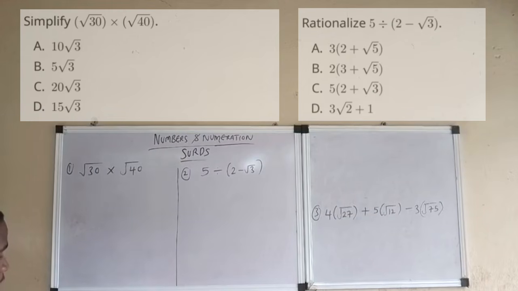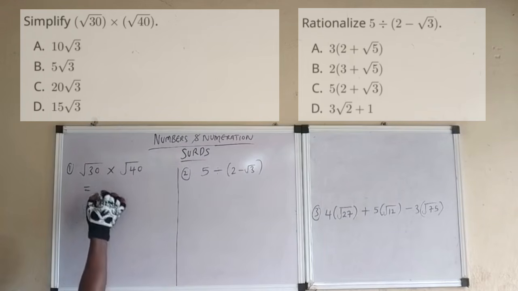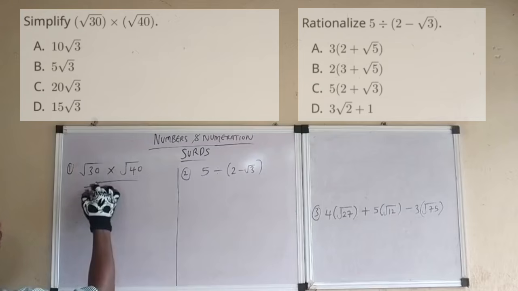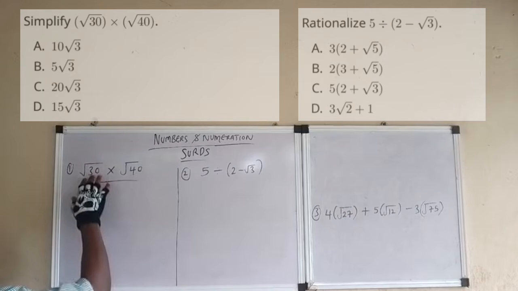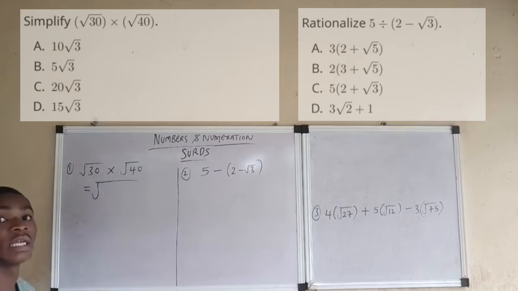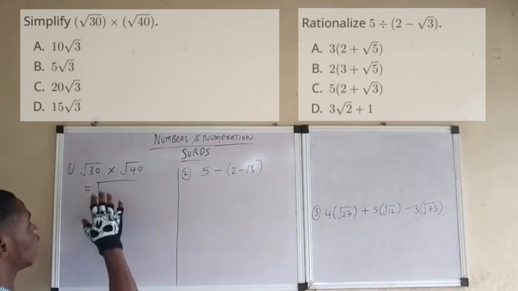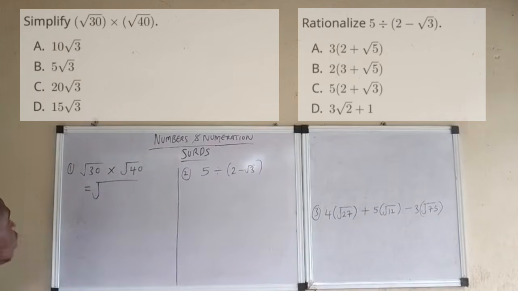For this particular question, you can also solve it by multiplying the two values you have in the SORT. Because if you actually look at 30 alone, there is no perfect square that will multiply another number to give us 30. So we won't follow that approach. But the standard approach is to look for a number that multiplies a perfect square to give you what you have in the square root side. So here, 30 times 40 is going to give us